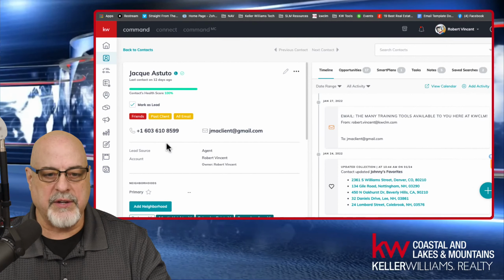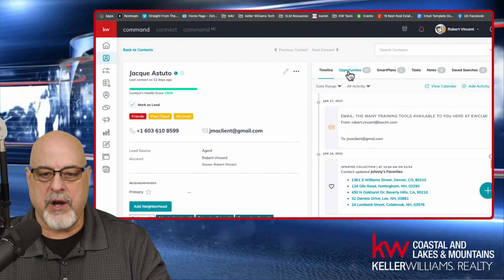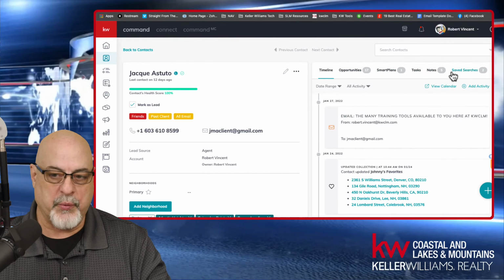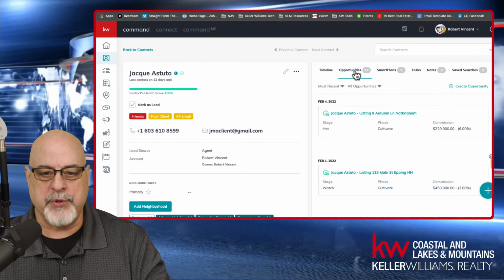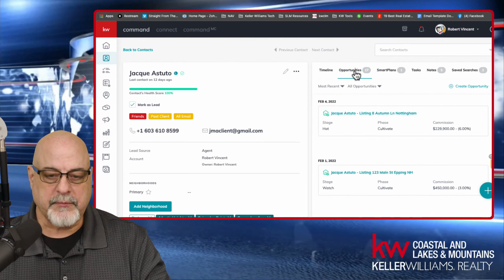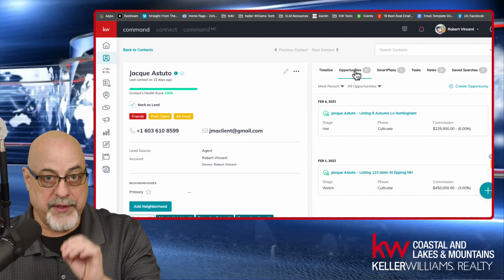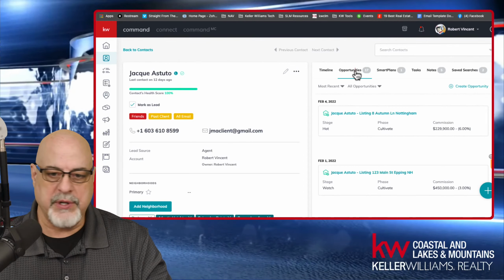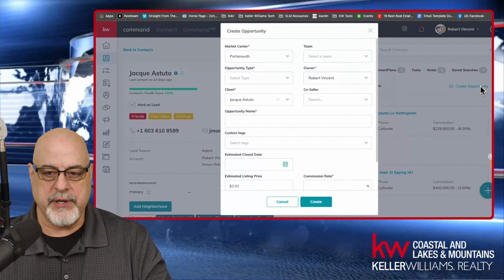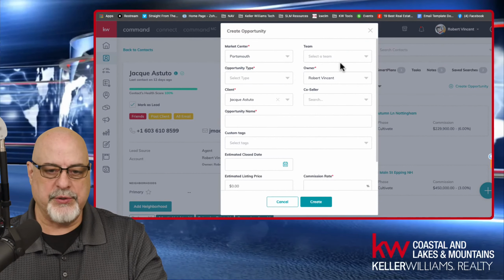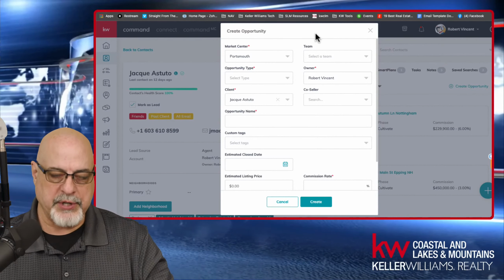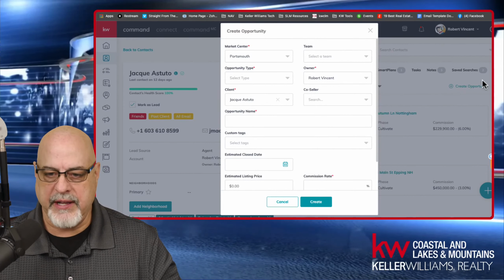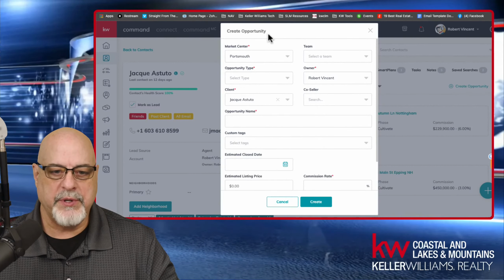And here we have the contact information on the left and our timeline of transactions and activities on the right. So we're going into the opportunities section now, which is still inside the contact. I'm going to create a new opportunity. And again, I always show this every single time so that I can do it by repetition for you guys. I clicked the create new opportunity button inside the contact, and it brings me to this dialog